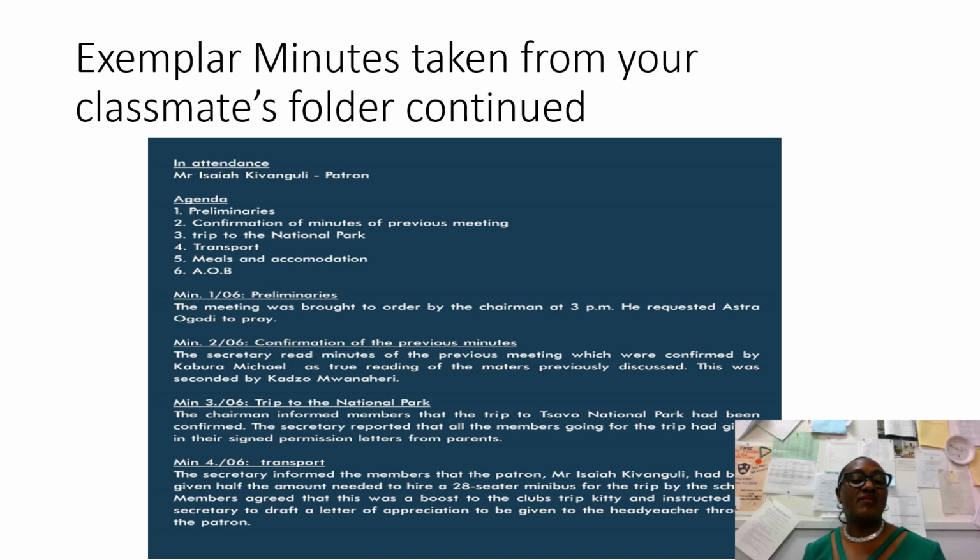those in attendance like Mr. Isaiah, who's a patron, followed by the agenda. The agenda, as we discussed before, is a list of items in the minutes. These items are now broken down into separate sections as discussed in the meeting. Each item, even though it might not belong, had information mentioned in the meeting about it, so it has to be written concise, clear, and accurate.